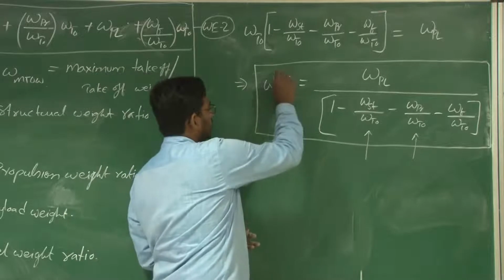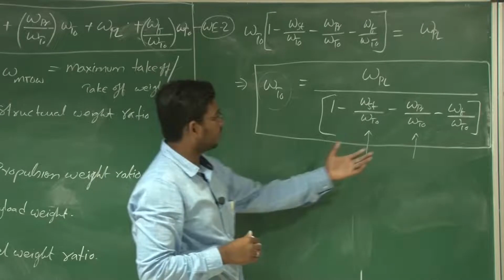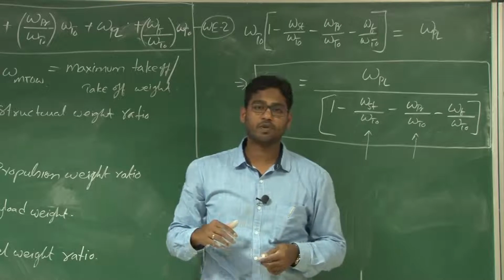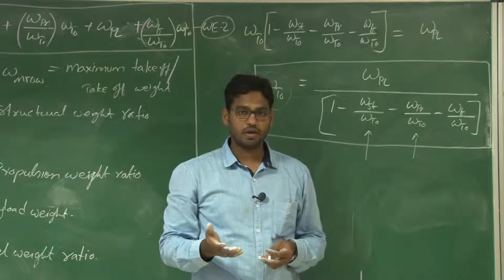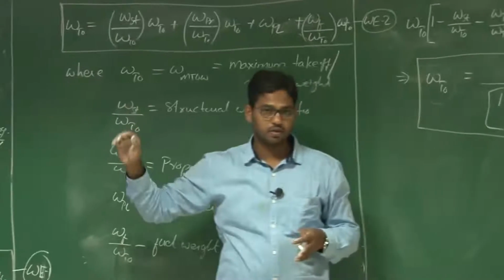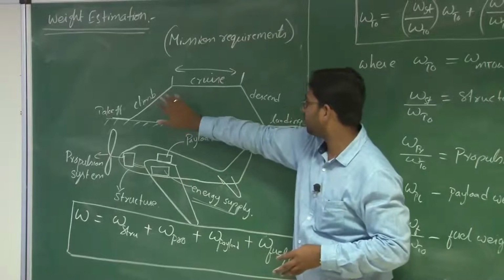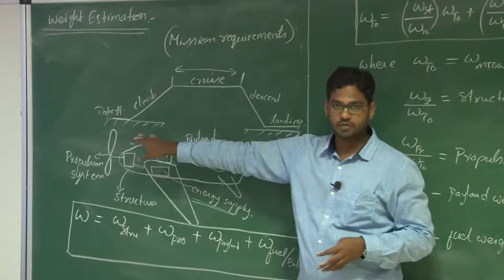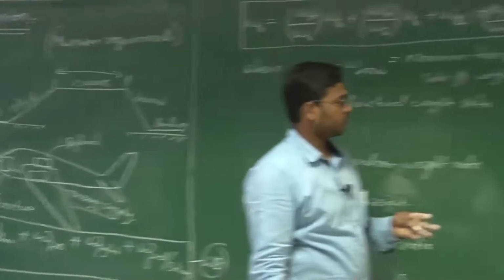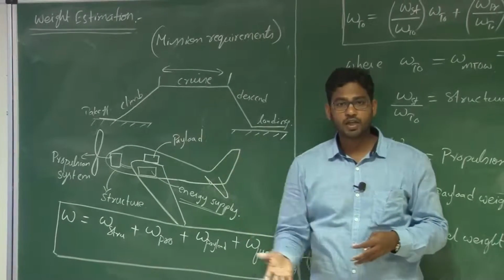Now once you know the takeoff weight for the initial iteration, right, you will be able to find out the corresponding power requirement. If you know the power requirement for various phases based upon the mission requirement, say if this is a typical mission, you need to know the power requirement during climb, during cruise, during takeoff, right. Takeoff will be very minimal here anyway, right. So if you know the power requirement, you will be able to select the corresponding power plant.